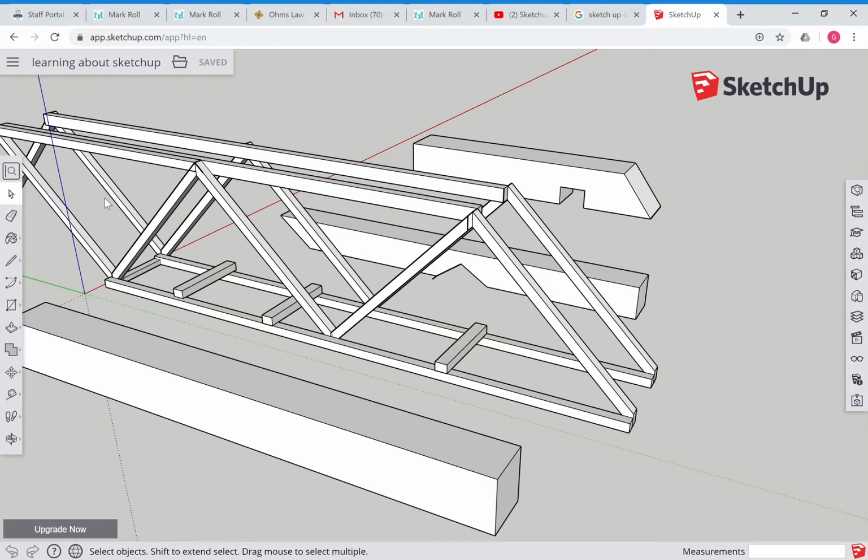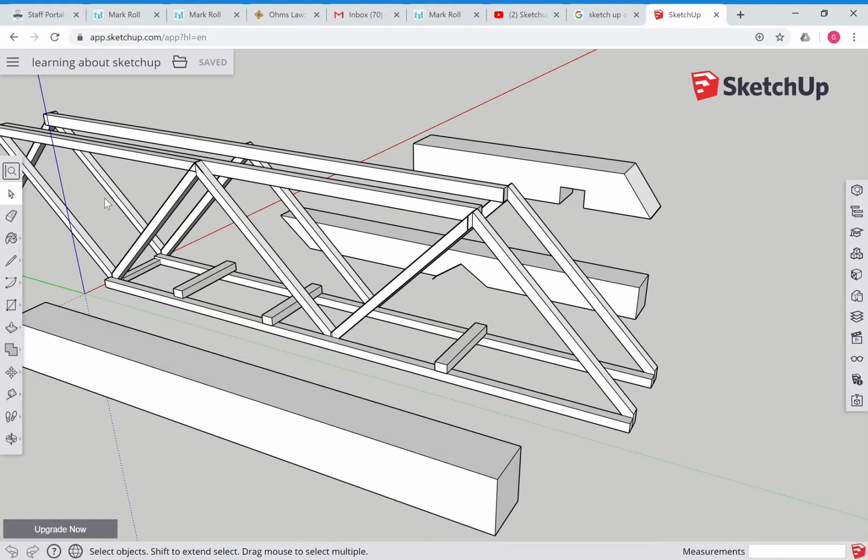Okay folks, we're going to have a look at SketchUp Free today, and we're going to work our way through a number of tools and really get to know this program. Now during this week we're going to build bridges out of spaghetti, we're going to build bridges out of balsa wood, but it would also be nice to have a little bit of a taster of how